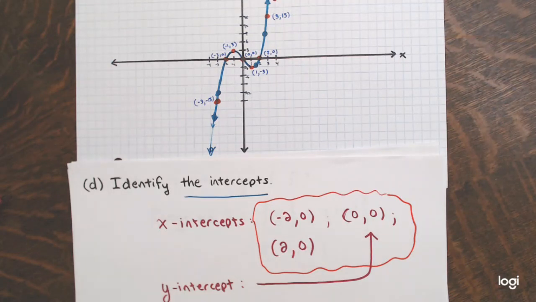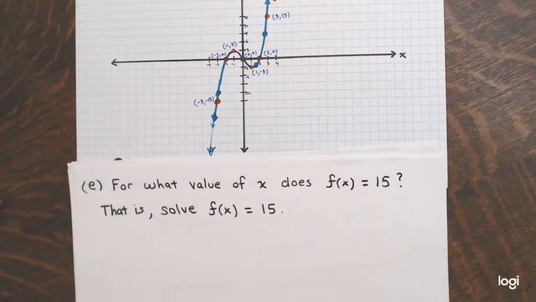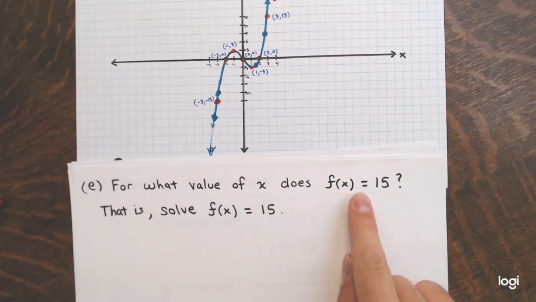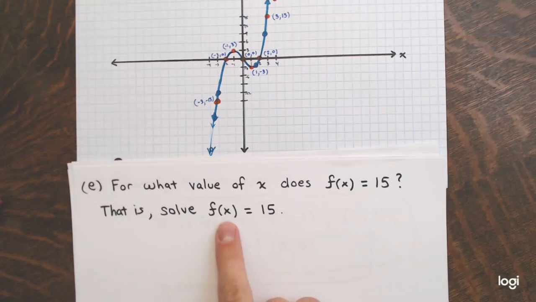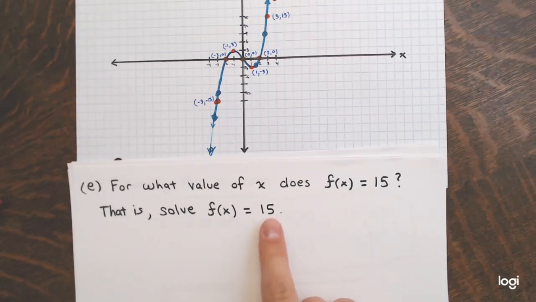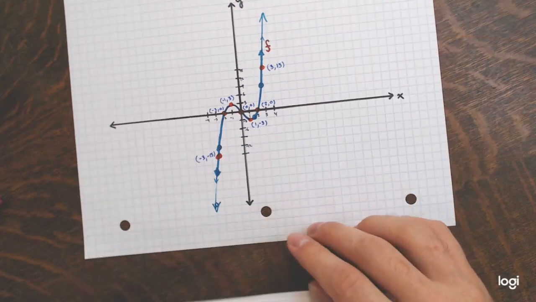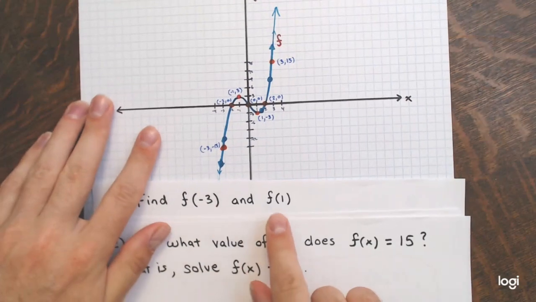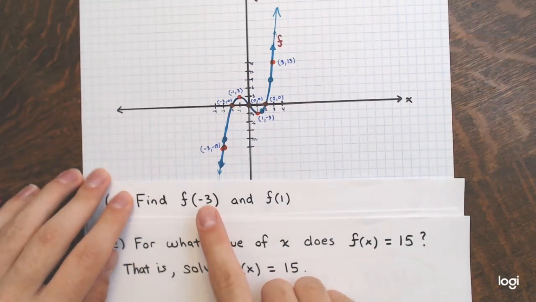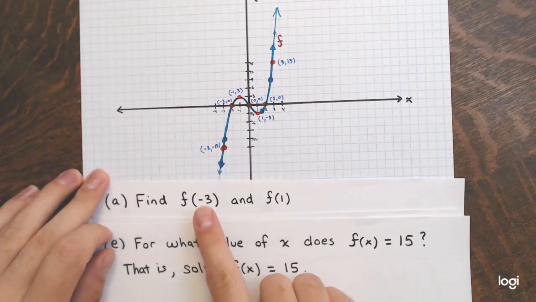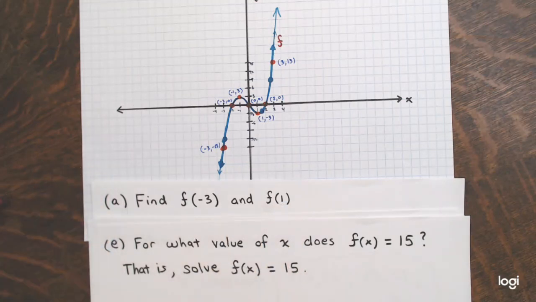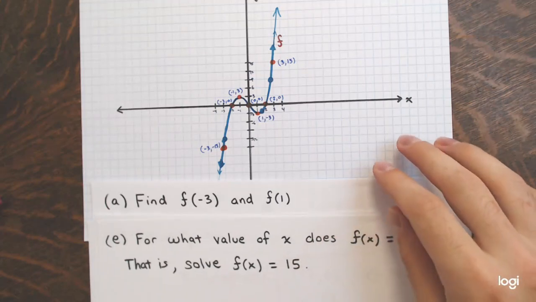In the last part, part E, the last question related to this graph is, for what value of x does f of x equal 15? In other words, solve f of x equals 15. This equation here. All right, so remember how in part A, there was a number inside the parentheses after f, and that number is the x-coordinate. So in part A, I was given x-coordinates, -3 and 1, and asked to find the value of f at those x-coordinates, the y value. This is just the other way around. Part E here